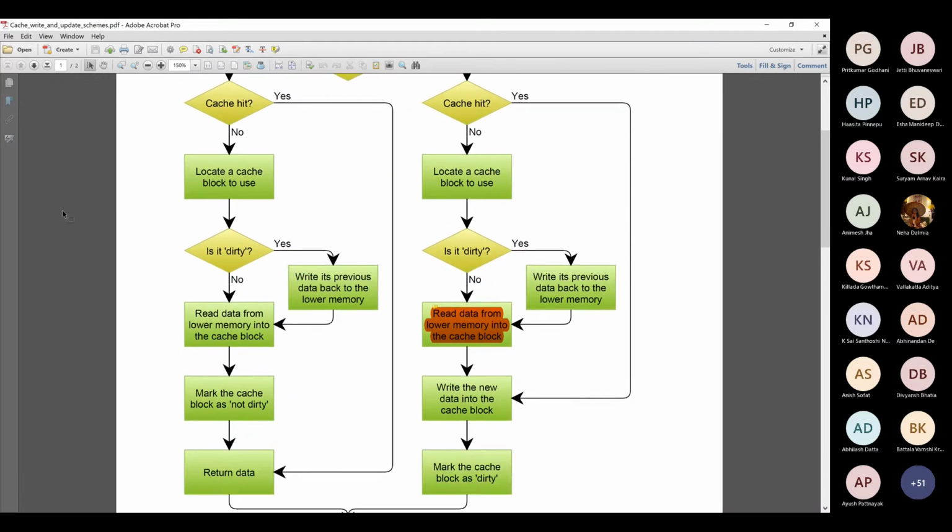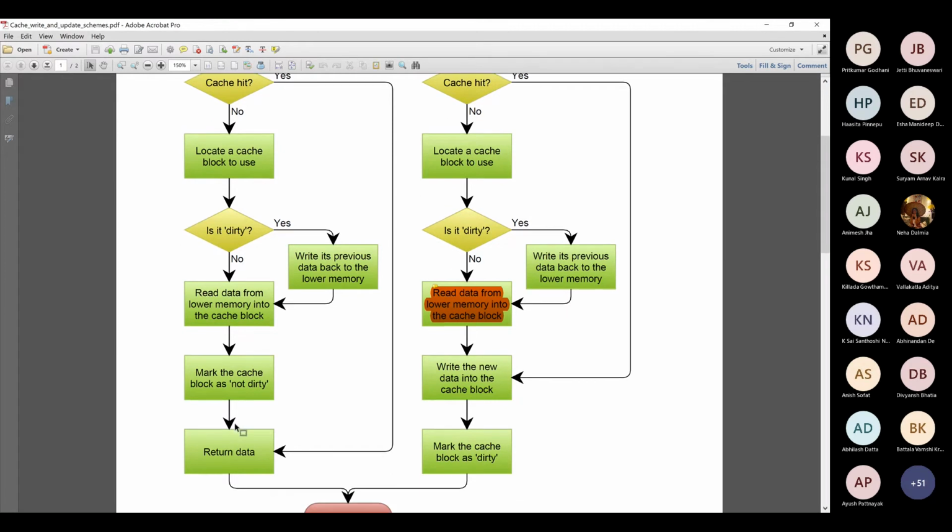If there is a miss, first you locate which cache block to use. Is it dirty? If it is dirty, you cannot just bring the data from memory into the cache. You first write the previous data to main memory. That is the situation that Preet Kumar was mentioning. If you directly read in data and replace that block from memory, the changes will be overwritten. That cannot be allowed. So you first synchronize with the lower memory, just as you synchronized when there was a write miss and there was a dirty block. Synchronize with lower memory and then you read the block from lower memory.